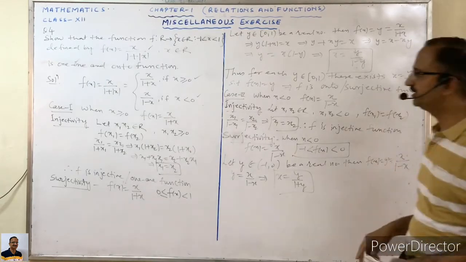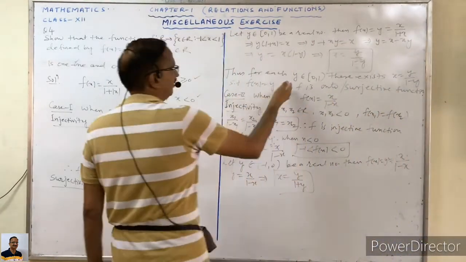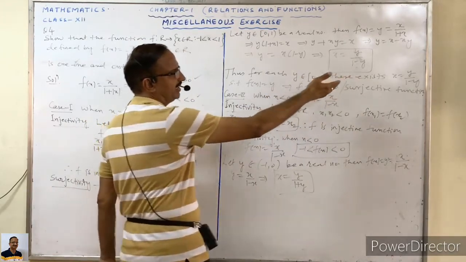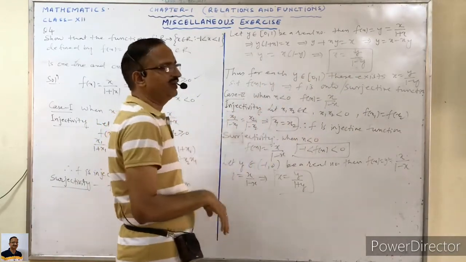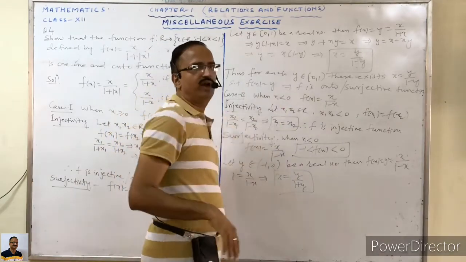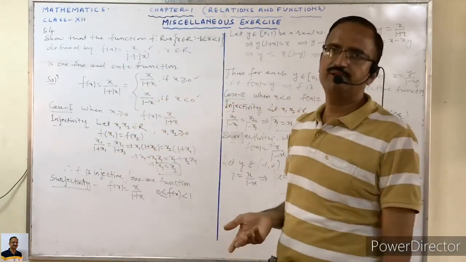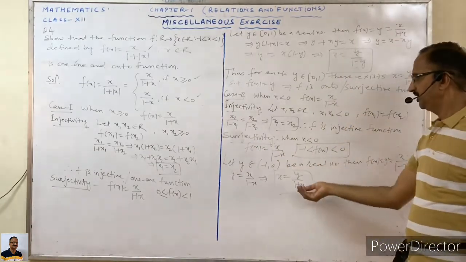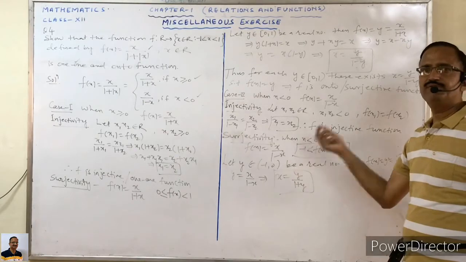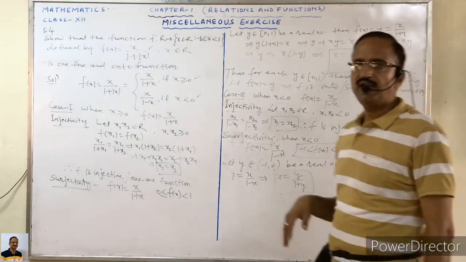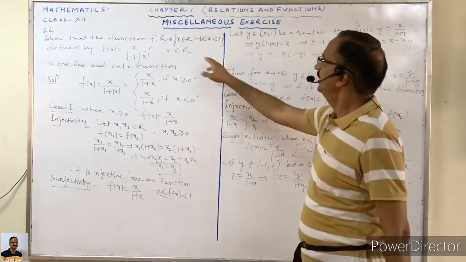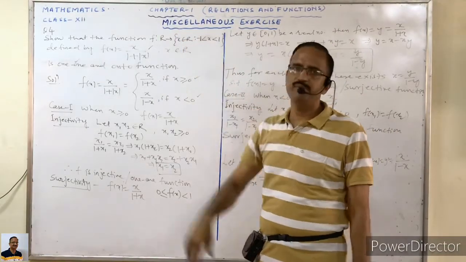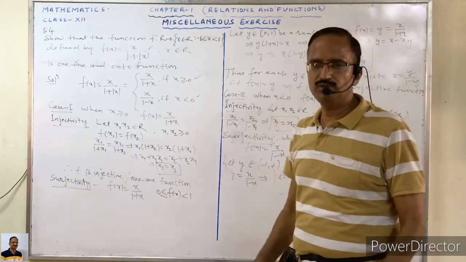Now the same thing is here. In the first case, y is an element belonging to this interval. For this, there exists x such that f(x) equals y. It means every element y has a pre-image in x, meaning the domain. So f is onto. The same is here. This is the pre-image of y. So we can say that every element in the range, or you can say codomain, has a pre-image in the domain. So it is also onto.